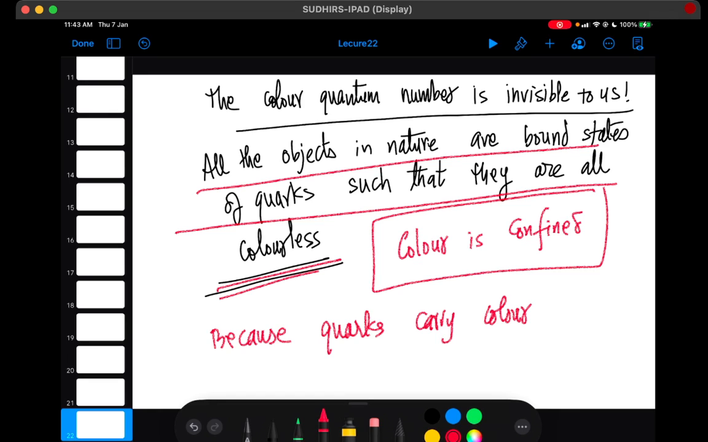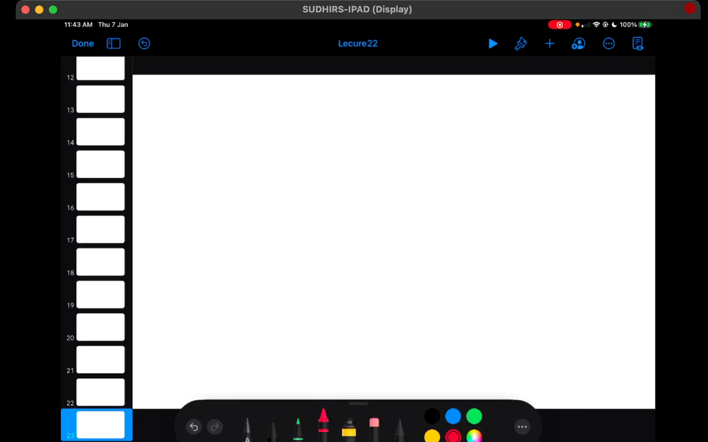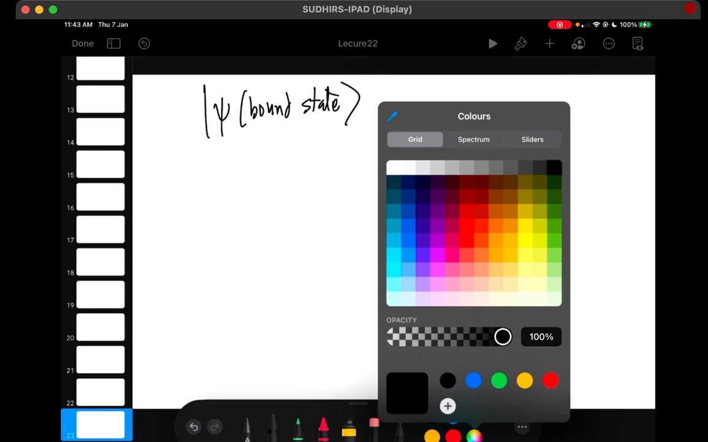Okay, so because quarks carry color, we have just now introduced color for these quarks. With this, the most general wave function of any baryon would also contain one more quantum number, which is essentially the color quantum number. So what we have seen, constructing a bound state wave function psi, let me use my black ink, psi bound state would essentially have four parts: psi flavor, psi spin, psi color,